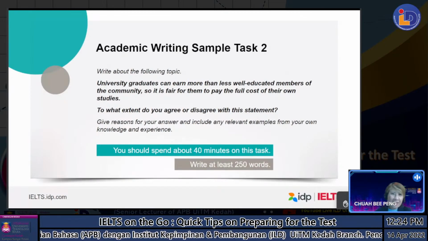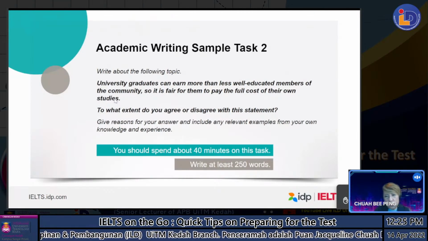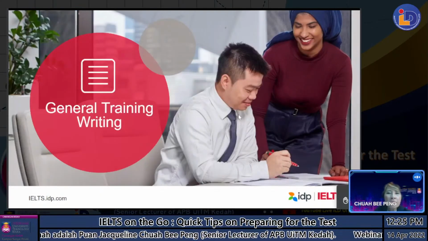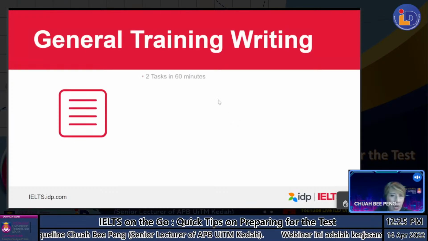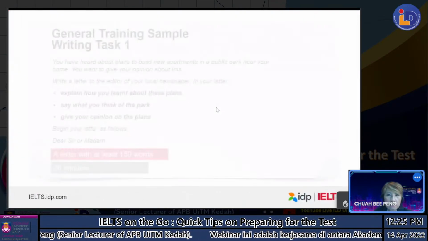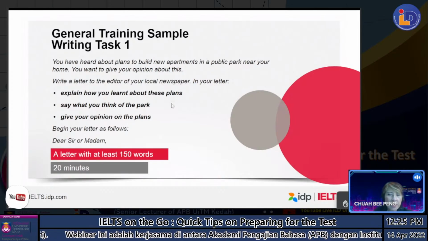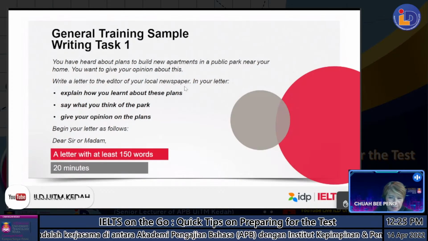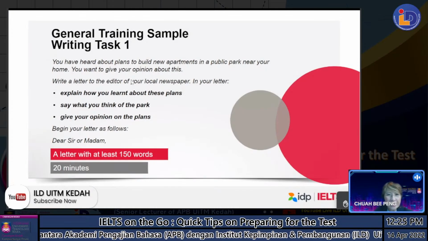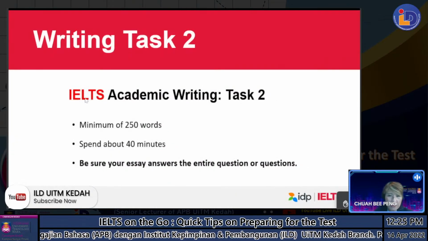Yeah, don't cari pasal. You choose the easier way. If you have an option, an easier option, go for the easier option in the test. Don't cari pasal with your money. All right, general training, don't see because your heart will ache because it's so easy. Something like this. They even give you the points. You just explain in the letter. All right, so that is general training, but not relevant to you.